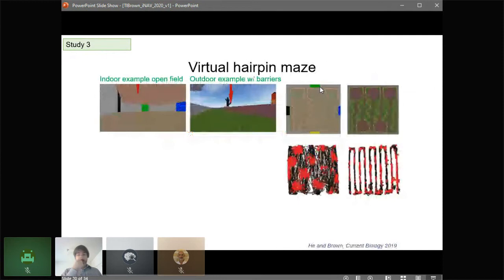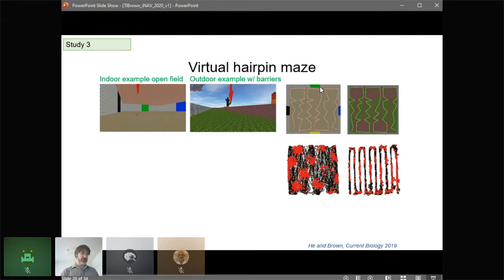So what we did was we generate a virtual hairpin maze environment. You can see examples in the top, the left, and the center here. The way this worked, participants followed waypoints as sort of foraging tasks. They follow a sequence of waypoints through the environment, through open fields, example in the top left, and a hairpin maze, example in the middle. And the beauty of this waypoint-guided design is that we can perfectly match behavior between participants and between